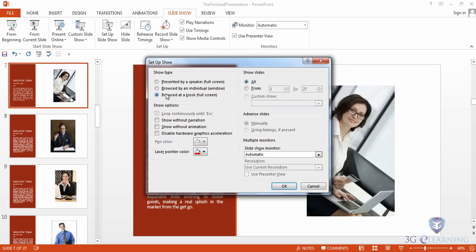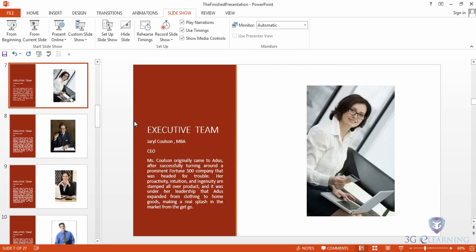I can change that to be browsed at a kiosk. Now notice what happened. There is now a check mark beside loop continuously until escape. That means that when we get to the end of the show, it's going to start all over again until I walk over and hit the escape key on the keyboard. Now under advanced slides, I also want to use my timings. So I can come back here, place a check mark to use timings, and then put it back to be browsed at a kiosk. I can hit OK,